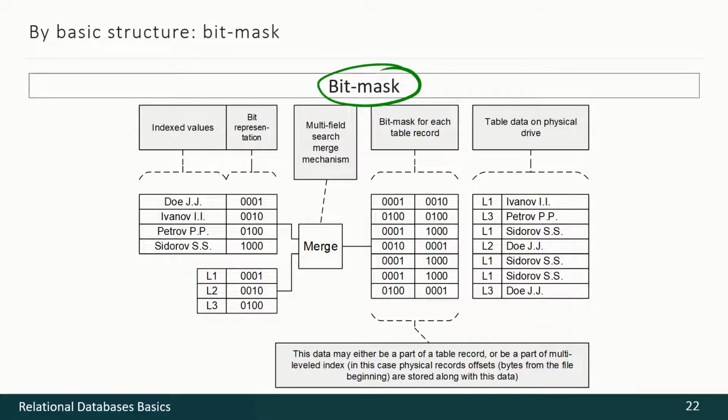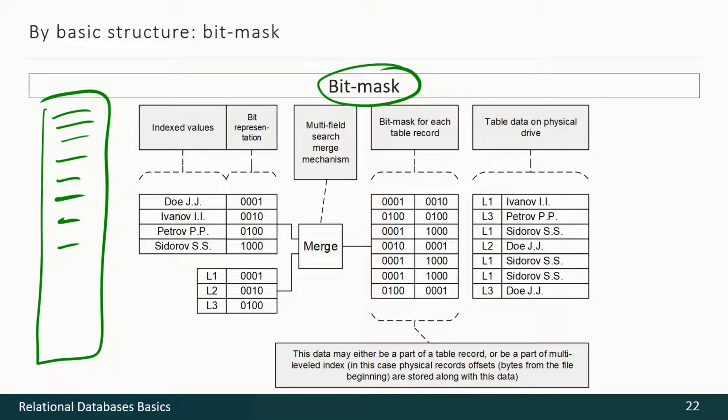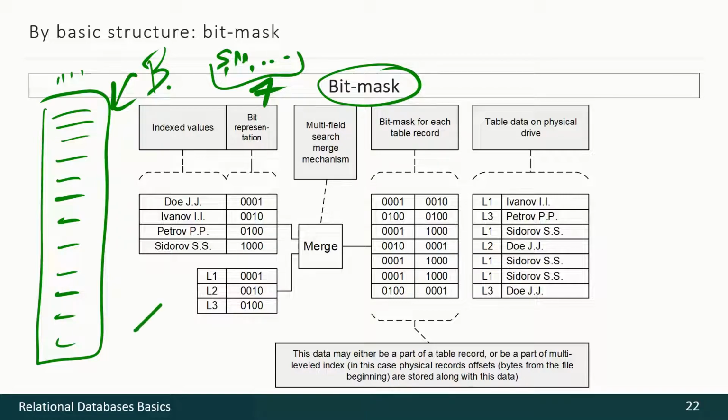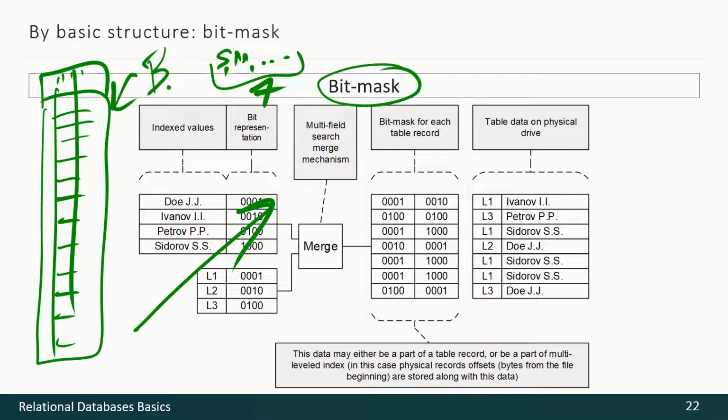Bitmask indexes are good for the situation when we have a lot of data, but with few varieties. Imagine that we have several billions of records for days of the week, like Sunday, Monday, and so on. Seven maximum. There are no more days of the week. So bitmap indexes are good for such a situation, when we have small variety, but a lot of data.